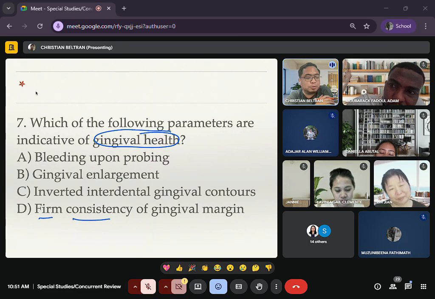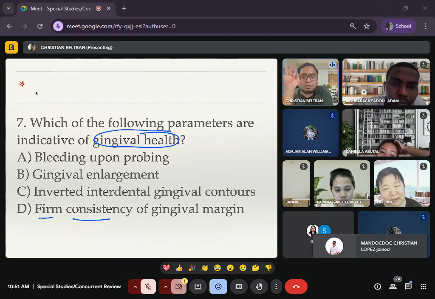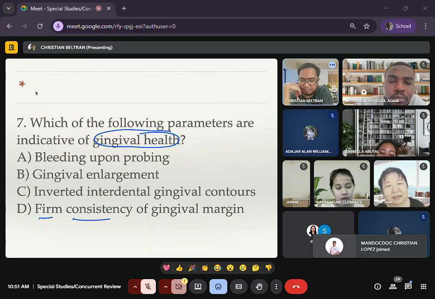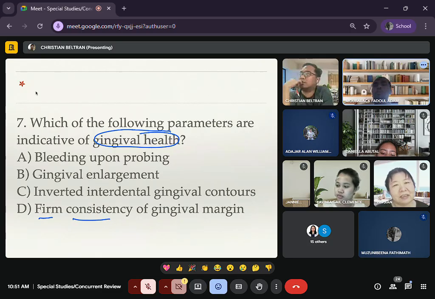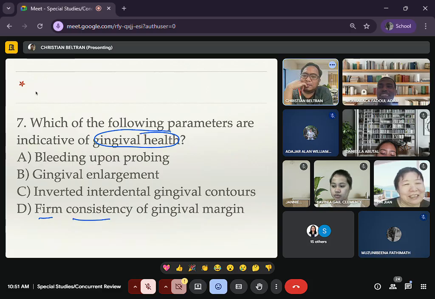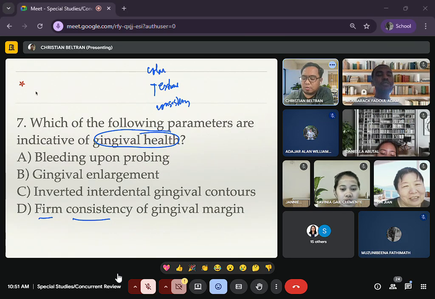The bacteria present in plaque are different from the bacteria present in an inflamed gingiva. Anaerobic bacteria are usually more destructive than aerobic bacteria. Does that have to do with the consistency? With growth of anaerobes, the gingiva would normally be called soft. Consistency, texture, color. This one has more anaerobic bacteria.